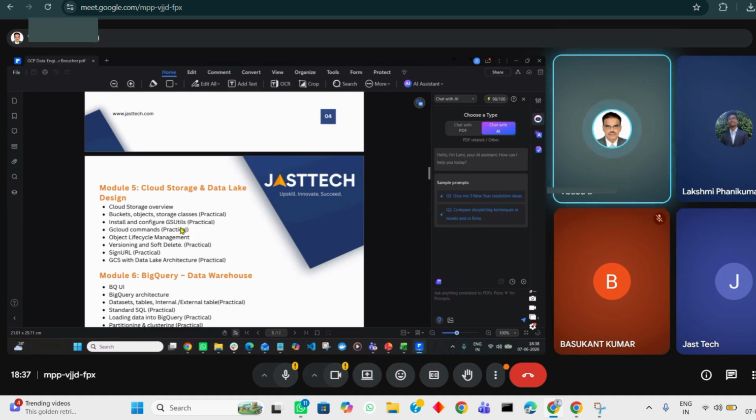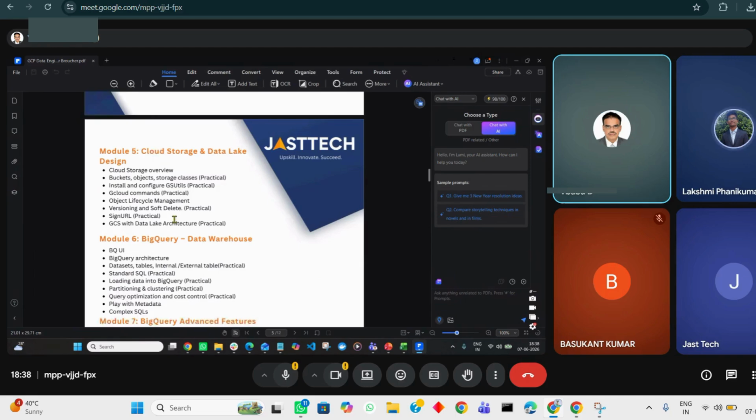In cloud storage, we can have different types of storage, starting with the data lake, which is object storage. You might have heard of buckets in AWS and Azure. The same concept is here also in the data lake and cloud storage. And there are big concepts: BigQuery, Bigtable, and BigML. We'll come to know the difference.